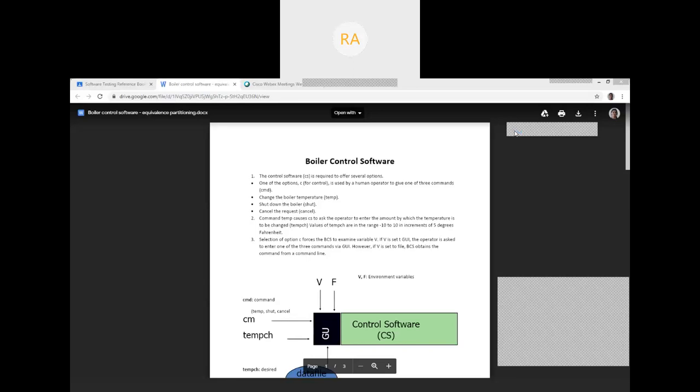After that, we went through multidimensional partitioning, wherein the first step is always to apply unidimensional partitioning. Consider one variable at a time and generate equivalence classes. Once you have generated the equivalence classes, you have to combine them. We saw one example wherein the input variables were two.